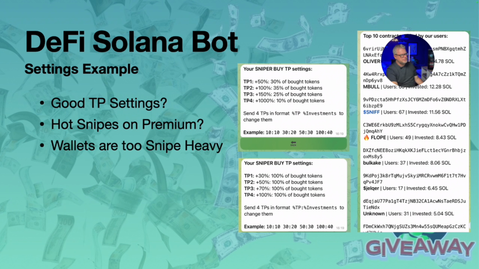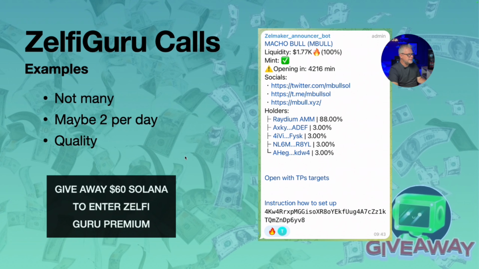Here we have the Hot Snipes channel. This is for the premium version of DeFi Solana Bot. So this will give you the top 10 tokens to snipe that have been targeted by majority of traders in DeFi Solana Bot. So you can snipe these if you're on the premium channel. If you're not on the premium channel, you're going to have to find your tokens elsewhere, which is where ZelfiGuru